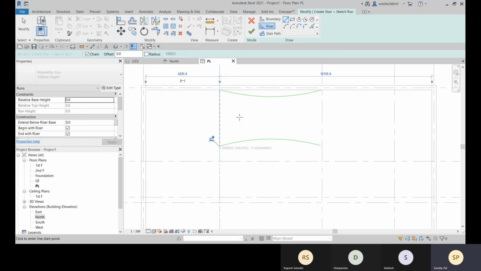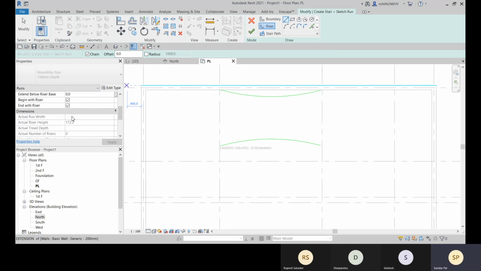Okay, so before going for the sketch, you need to define first and then you go for it. All right. So now let's go for the riser. And what will be the tread depth accordingly?